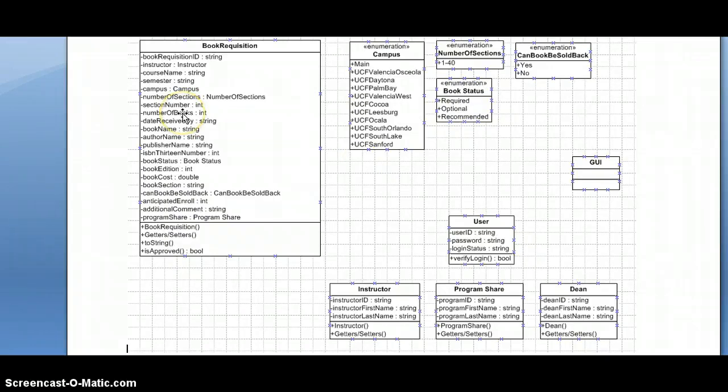The number of books is going to be the number of types of books that are needed for the class. Let's say you were taking a humanities course, you can take a book that deals with Greek mythology, while the other book can deal with different sorts of mythology. Then that number of books will total 2, in which you will have to have two different book names, two different ISBN numbers,